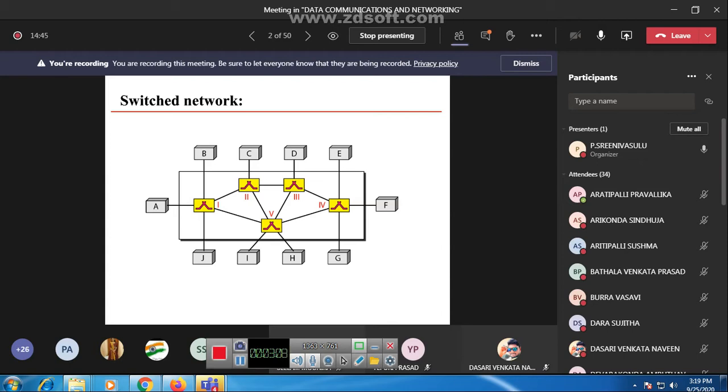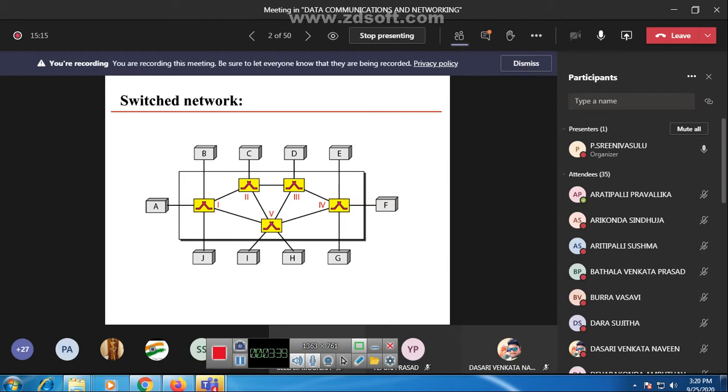The yellow color box shown here represents a switching element. The switch is a device which connects multiple communication lines together. This switch helps to send the data along different routes or different devices. For example, here A is a device and F is a device.